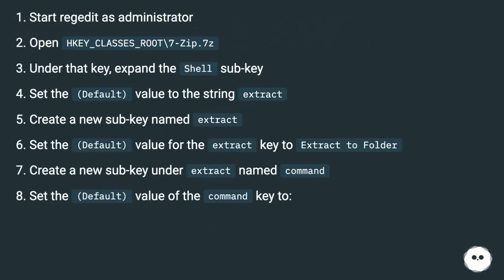Start regedit as administrator. Open HKEY_CLASSES_ROOT\7-Zip.7z. Under that key, expand the shell subkey. Set the default value to the string extract. Create a new subkey named extract. Set the default value for the extract key to Extract to folder. Create a new subkey under extract named command. Set the default value of the command key to